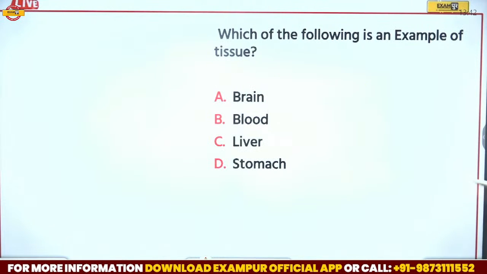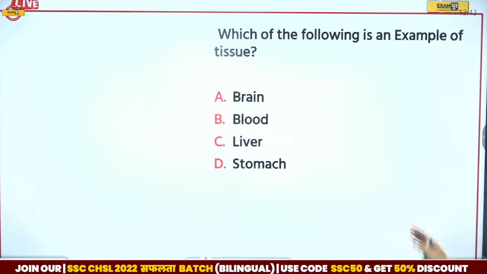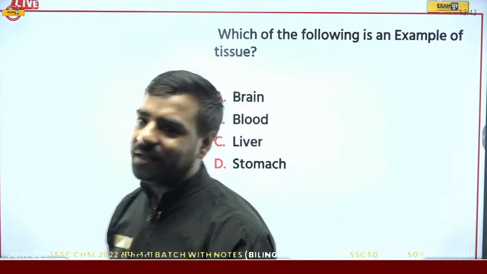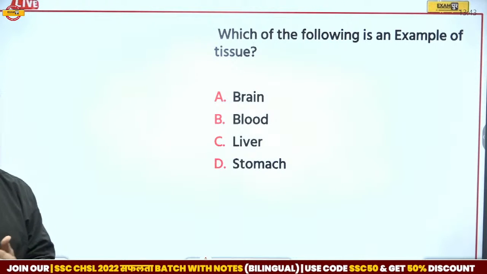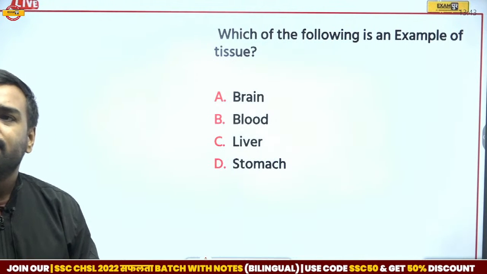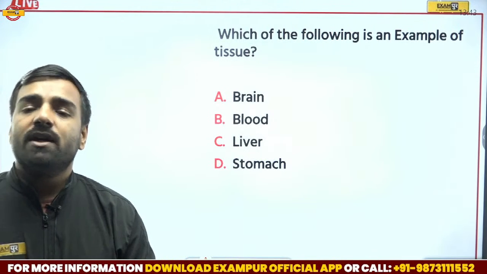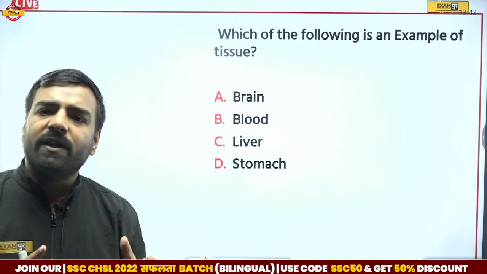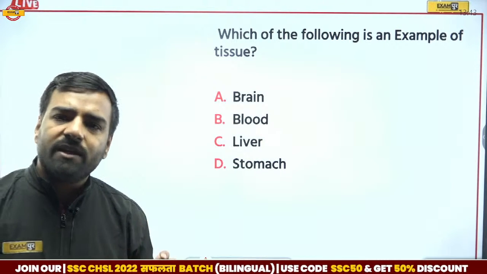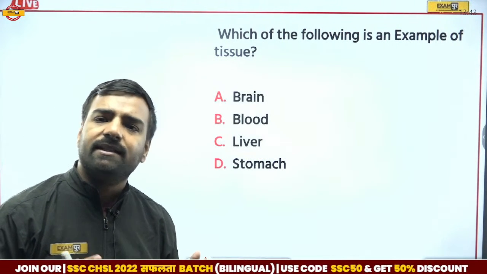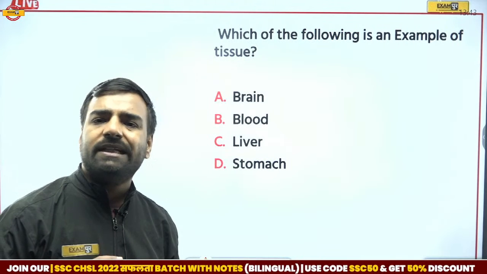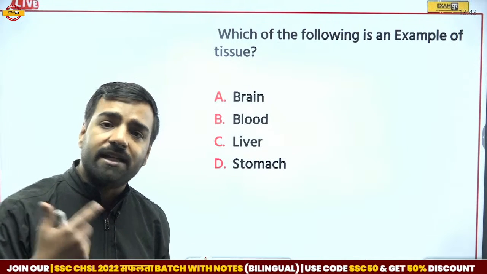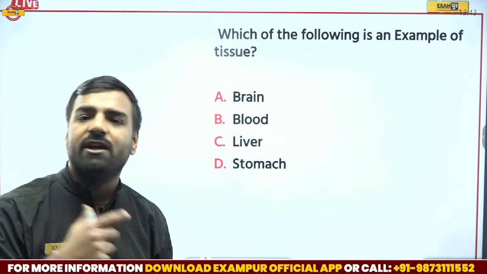Next we have, which of the following is an example of a tissue? Now this question looks quite different but is important. Avan is saying, sir, it is reserved in spleen and liver. That's true. And Avan, let me tell you, when we are talking about RBC, in infants we have these RBCs stored in the liver. But if I talk about the death of RBC in adults, that is in the spleen. That is also known as the graveyard of the RBCs.